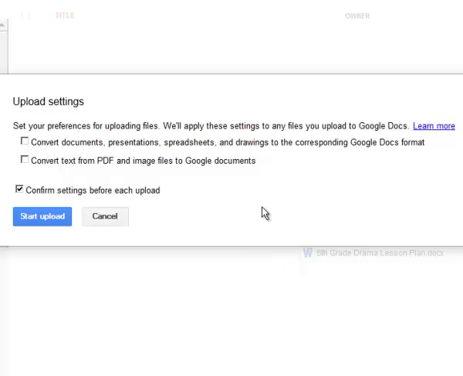and it will keep it as a Word doc on the Google Drive. It won't change it into a Google document. When would I want to change it, and when would I want to keep it? I might want to change it into a Google Doc if I wanted other people to be able to add